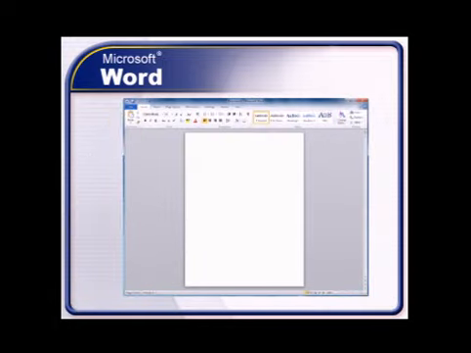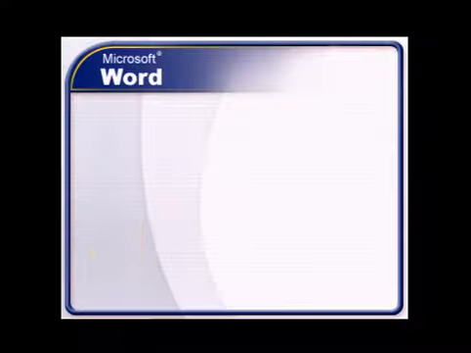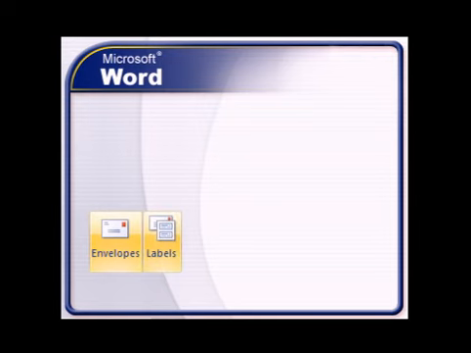In order to create our labels, we need to start with a new blank document. Hold down the Control key and press N to open a new document. In our new document, let's return to the Mailings tab. The Envelopes and Labels tools would be useful right now if we wanted to create a single envelope or a